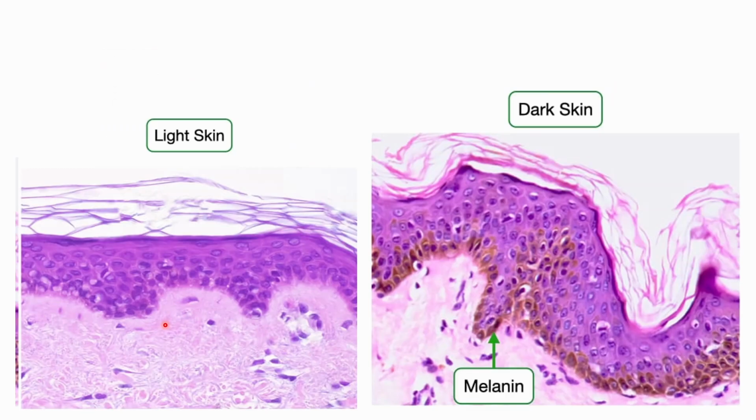Okay? What else? Oh, what's this? This is actually sections of the skin. And what's the difference between, oh, this is your light skin and this is your dark skin? So, the brown looking cells here actually have a lot of melanin as inclusion bodies within their cytoplasm. So again, it is still located within the cell, and some cells would not have it while others would have it. Okay? So, depending on the current function that that specific cell is currently doing. Okay?